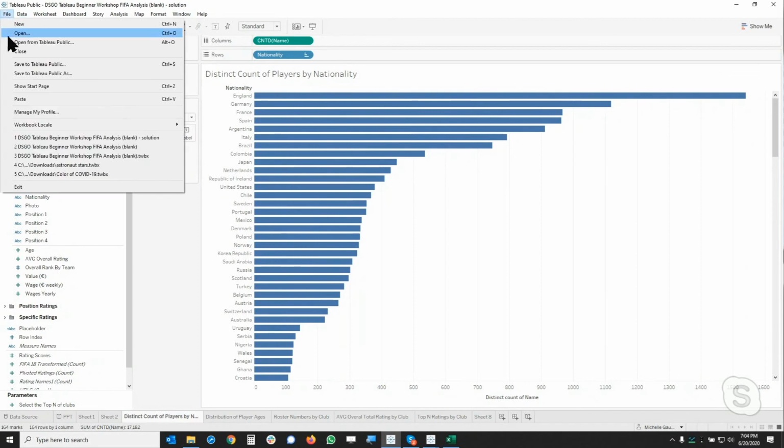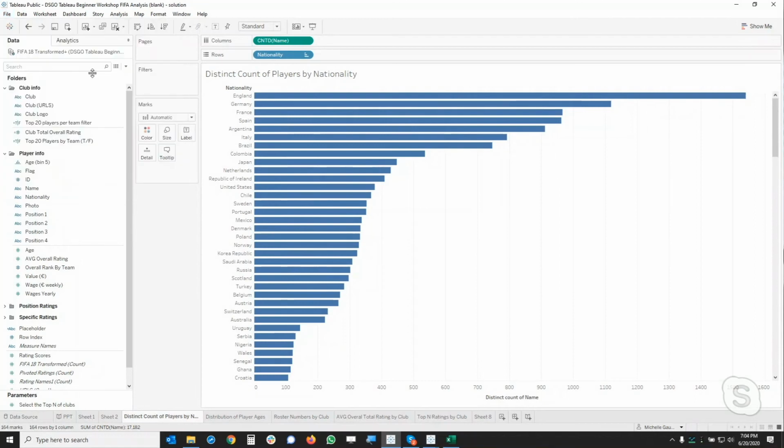Okay. So what you're going to do is go up to this file in the menu. All right, I'm going to save to Tableau Public, and I can either do a save to Tableau Public or a save to Tableau Public as. And if you think about any of the file savings that we do on our computer, we can save or save as. I like using save as the first time, and I have a lot of control there. But once you've created a workbook, you can just continue to save that workbook back to Tableau Public. Okay, so I'm going to do a save as,